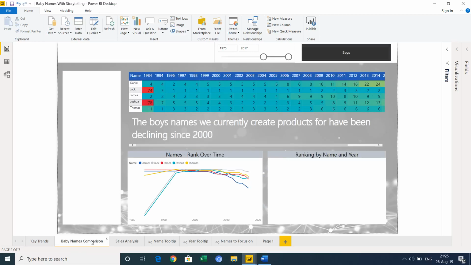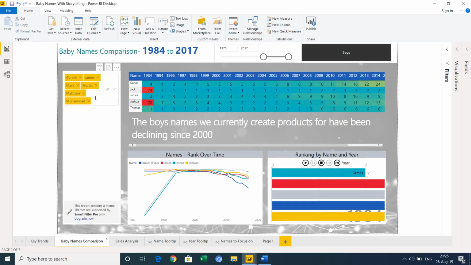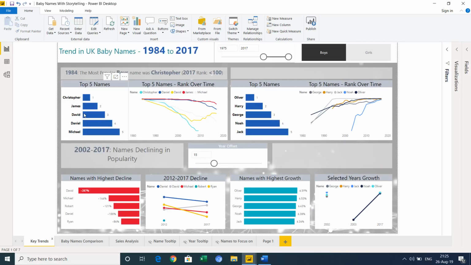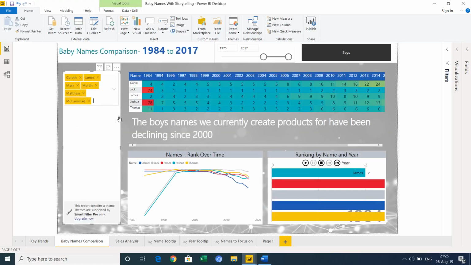We've also got some other things here, again around providing that exploratory detail, but also providing it in a way that tells a story, comparing particular sets of names. Here we're now interested in particular data points, so tables are quite a good way of showing it, and we've got color coding to show red, amber, green for the popularity of names. These might be the names that we're currently producing for, and we want to see how the popularity of those names specifically has changed, not necessarily those that were the top 5 or the bottom 5, but a particular set of names that we choose.